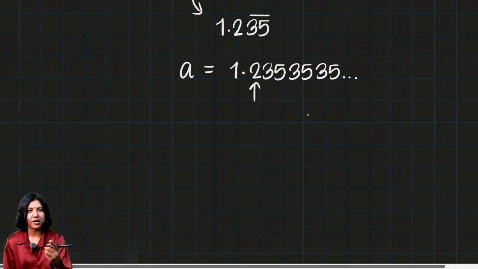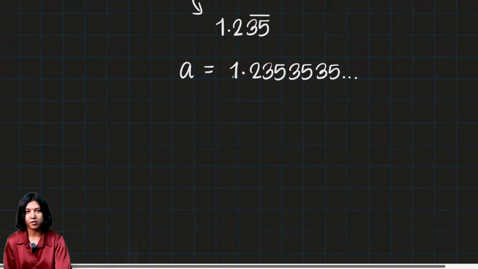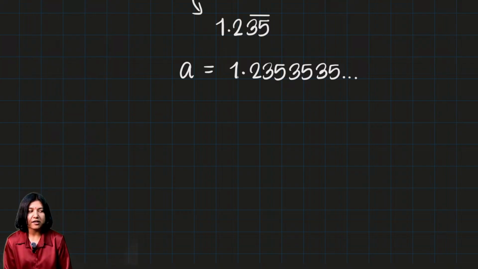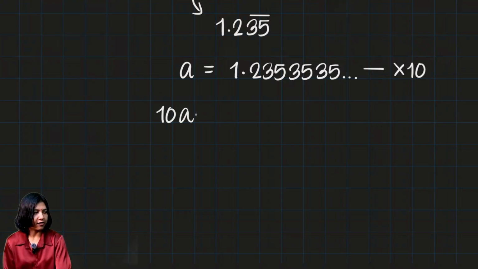There is only one digit non-repeating, so I will bring this digit to the left, in front of the decimal. To do that, I have to multiply this equation by 10. It gives me 10a at the front, and because of multiplying by 10, the number becomes one place higher. So 1.2 will now become